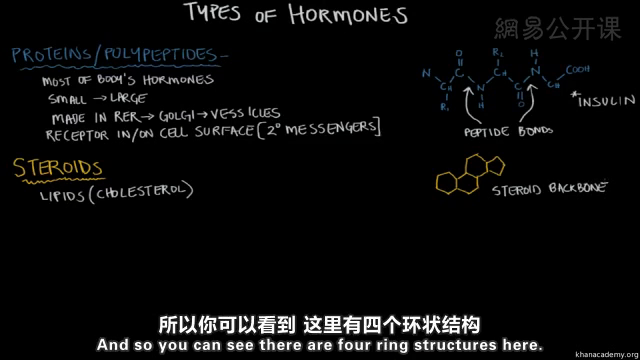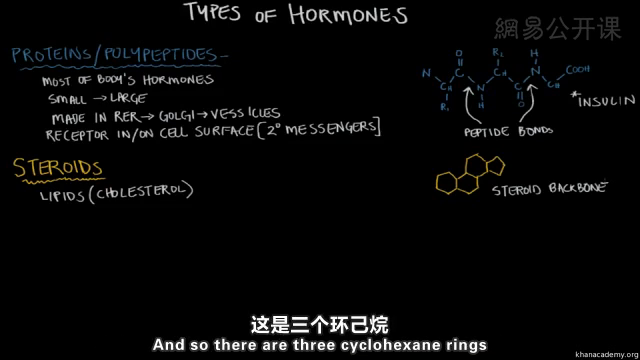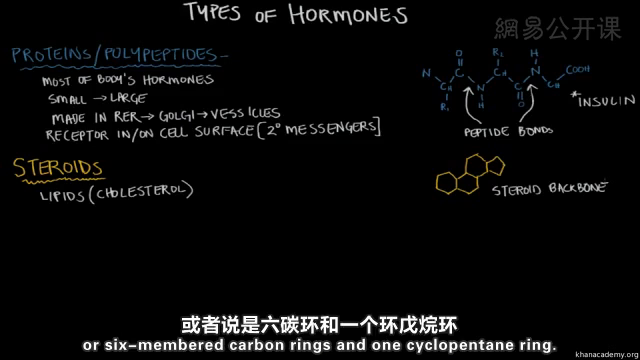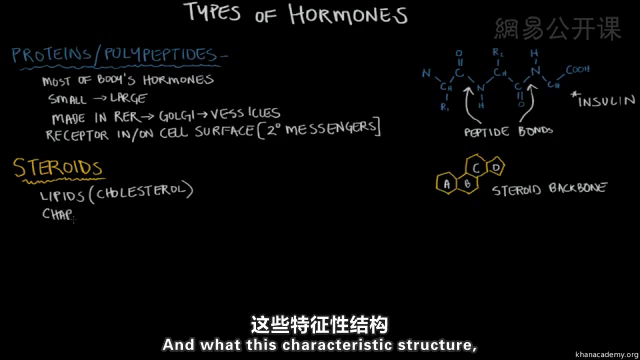And so you can see there are 4 ring structures here, and these rings are made of carbon atoms. And so there are 3 cyclohexane rings, or 6-membered carbon rings, and 1 cyclopentane ring. And I'm going to label those A, B, C, and D. And with this characteristic structure